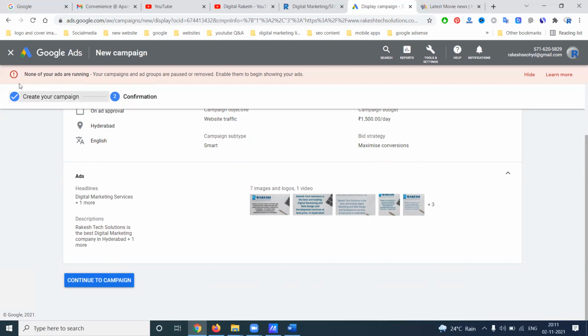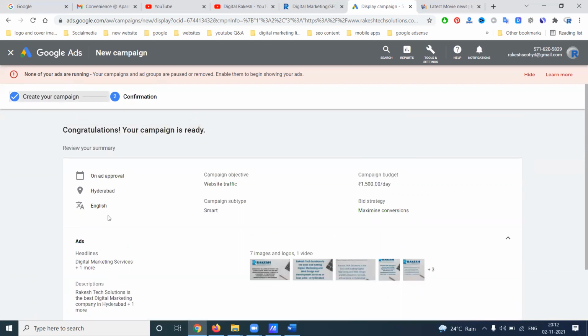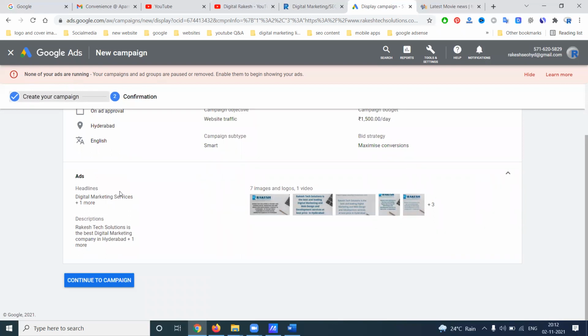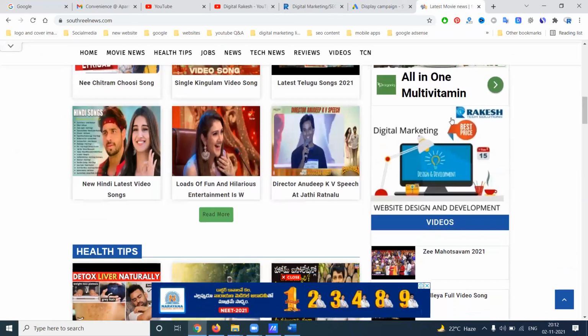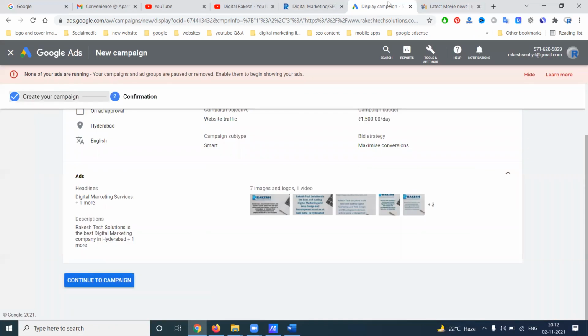Before I tell you this one, if you want to create this ad, what are the placements? Website and app, Gmail and YouTube. This display will be showing completely four options. Which options? Website, mobile application, YouTube and Gmail. There is the image ad, text ad, native ad, and video ad, and your particular image with a text ad. Like for example, YouTube here. Website will be here. Different options. Is it clear? So this is the way we can display the ad. Continue to campaign.